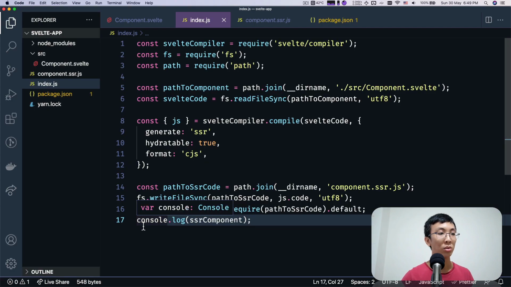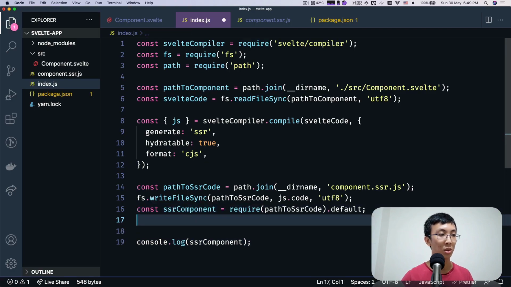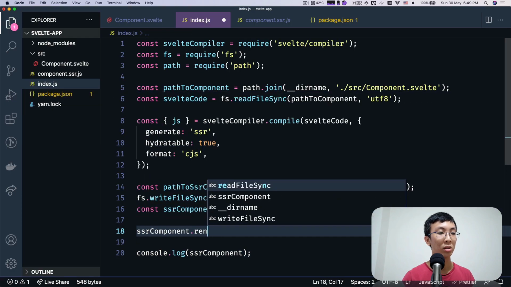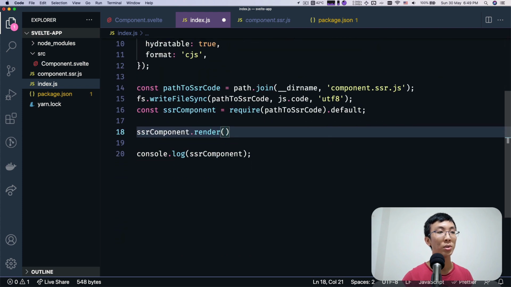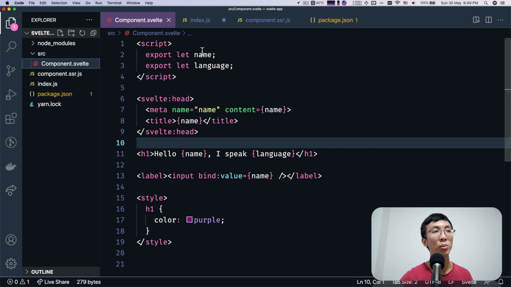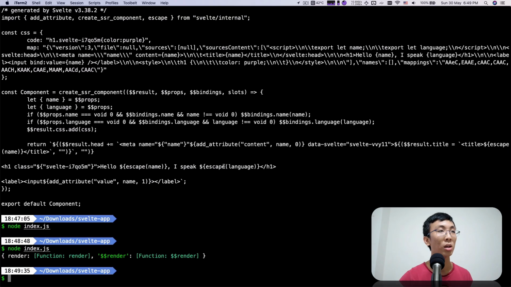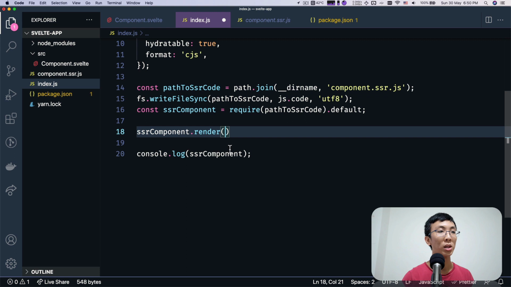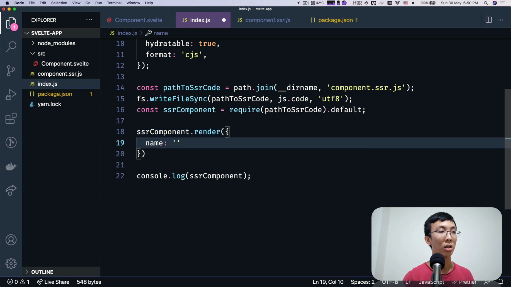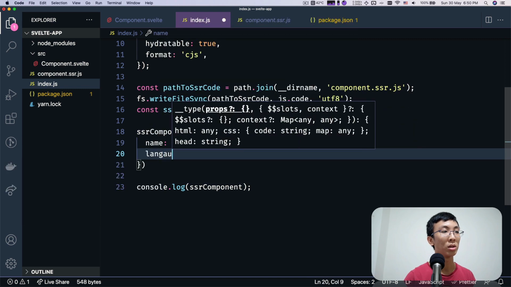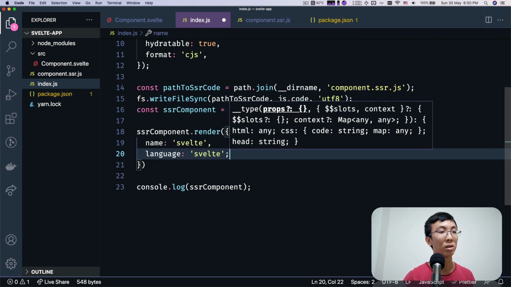And so now we're gonna call this render, and we're gonna pass in some props. If we take a look at our code, there's two props, name and language. So I'm gonna say name would be Svelte, and language is also Svelte, right?